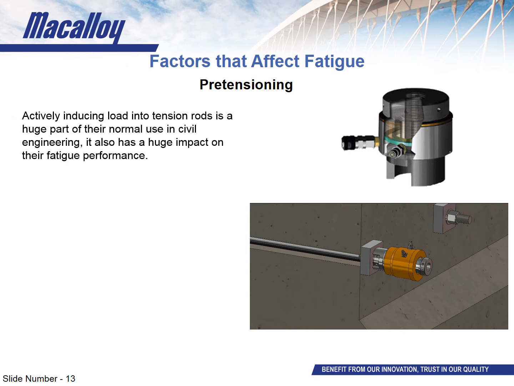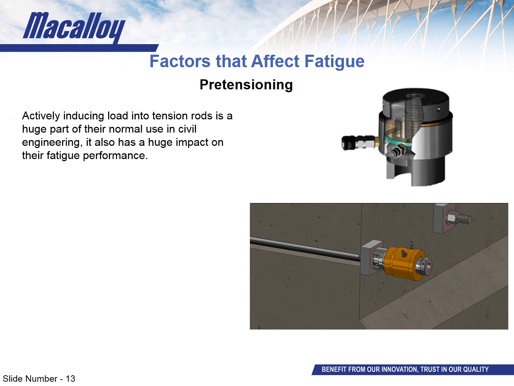Now I apologise if I spoke a little bit fast there, but I was just trying to keep up with the video. So generally the procedure of what happened is the fact that the load is imparted onto the bar, causing it to stretch. Then that nut is butted up against the actual concrete structure itself or the end plate that it's bearing against. Then once that load has been released by the jack, the bar tries to go back to its original length, however the nut prevents that happening,